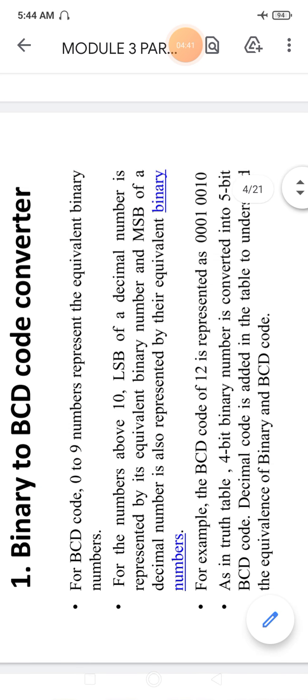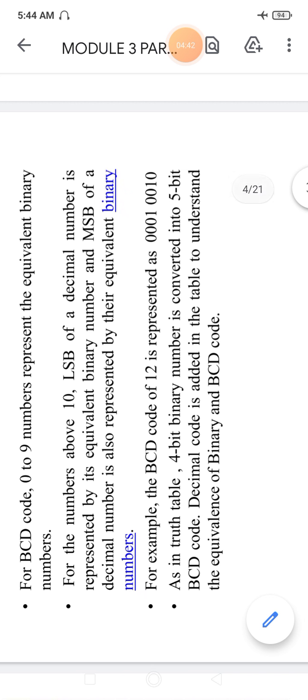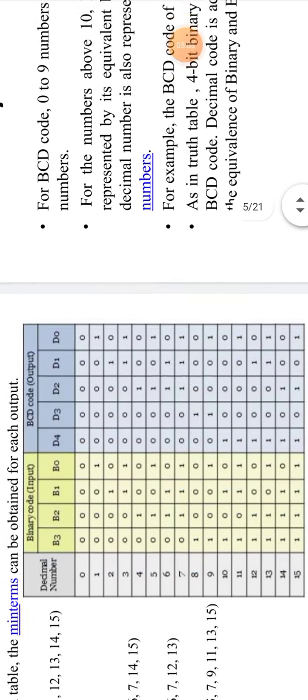For example, the BCD code of 12 is represented as 0001 0010. As in the truth table, the 4-bit binary number is converted into a 5-bit BCD code. The decimal code is added in the table to understand the equivalence of binary and BCD code. So we just see the truth table here.